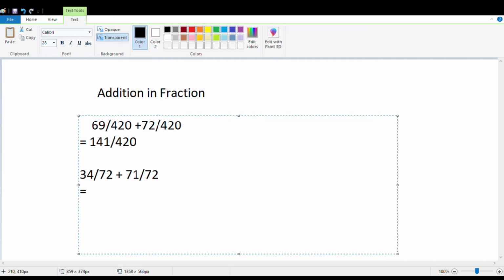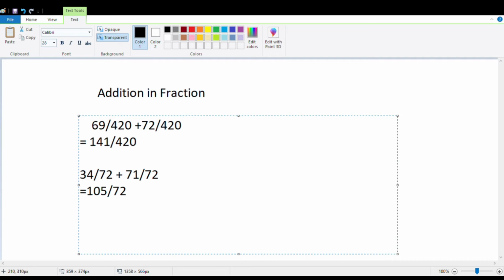So what is 34 plus 71? 34 plus 71 will equal 105, right? So the total number of slices which they have eaten is 105 pizza slices out of 72,